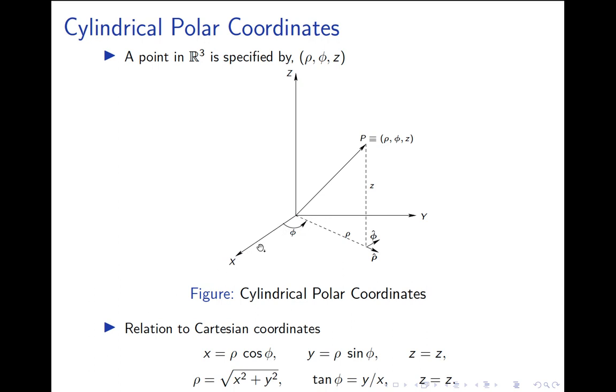So here, all along this, x and y are constant. In particular, they are 0. Similarly, the y-axis is defined by the condition x equal to 0 and z equal to 0. Similarly, the rho axis is defined when phi and z are fixed. So if you fix z and phi,